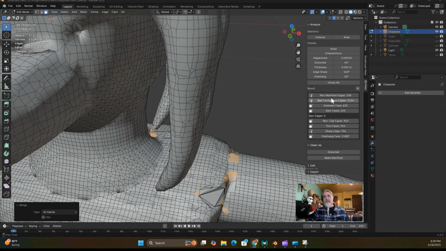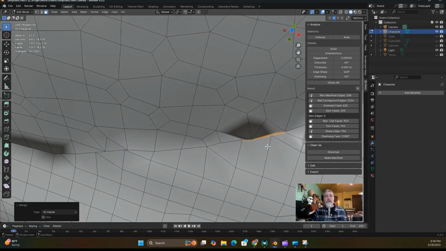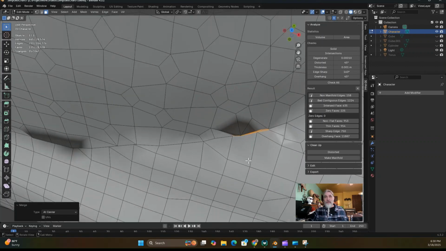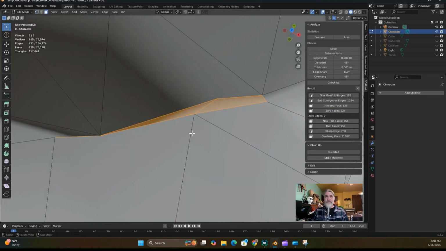Zero faces are basically faces that are, in theory, too small, and sometimes they will have an impact on 3D printing. Now, sometimes I will ignore them depending on what they are. Sometimes you'll want to deal with them. And if you're 3D printing, you might need to be very sensitive to these things. But let's go ahead and take a look at this, for example. If I zoom in on this area and select these zero faces,